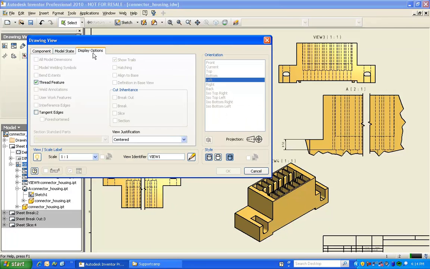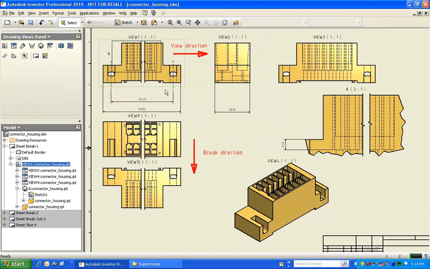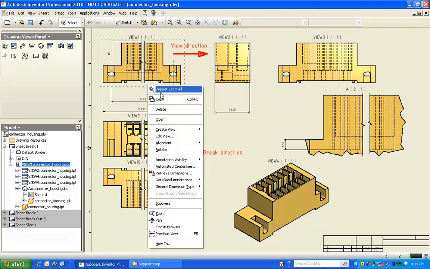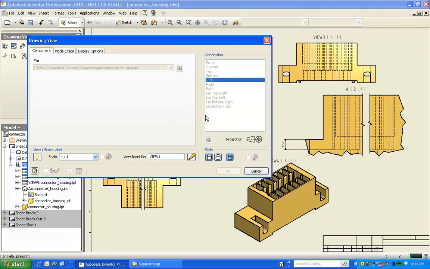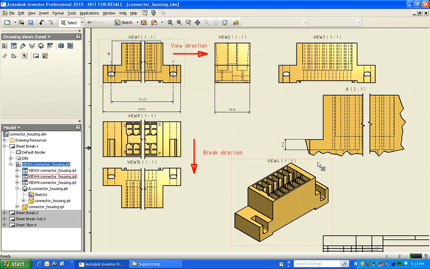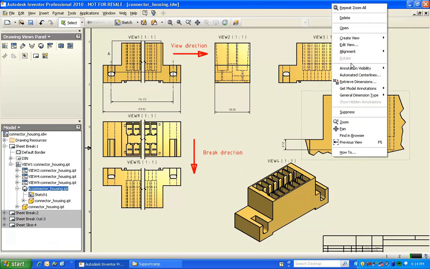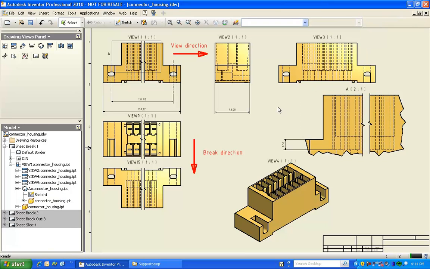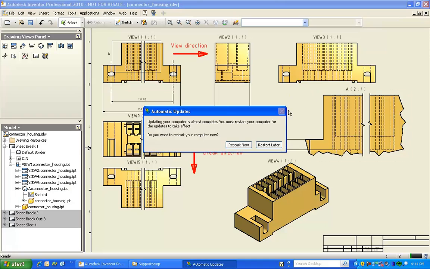And if I don't want to see the break, oops, I think I cannot remove the break here, which is weird. I need to look into this, but anyway, the detail view is not master of its own destiny at this point. And then finally, rule number 5,